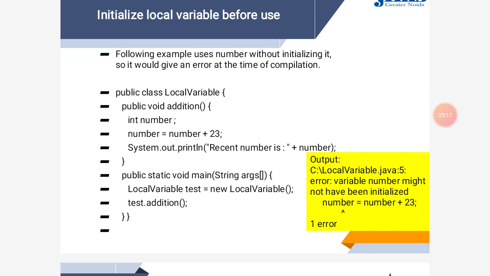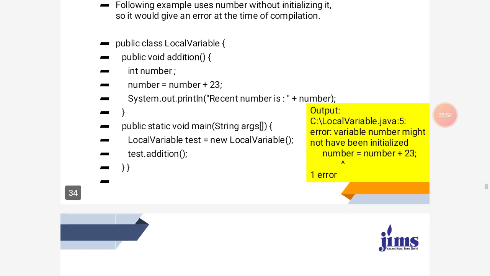Its initialization is mandatory. In this program we can see we have declared one variable, say number, and we are not initializing this variable, and we are incrementing it and trying to print this value by creating an object. When we call this method, you get an error message that you need to initialize the local variable. So initialization of a local variable is compulsory, and for instance variables or static variables it is optional.